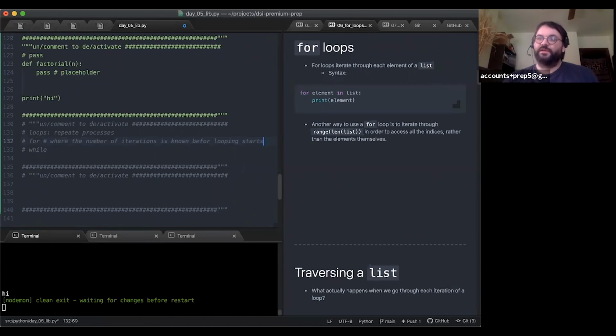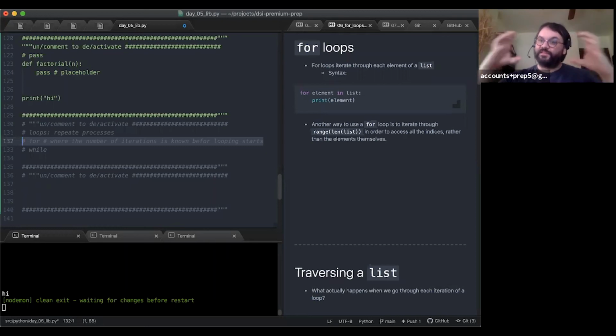A list does not have an infinite size. Any list has a given size that we know when we start iterating through it. A list has a finite size, so we can iterate through and examine every element individually. And a for loop lends itself really well to that, because a whole lot of problems fit that form.